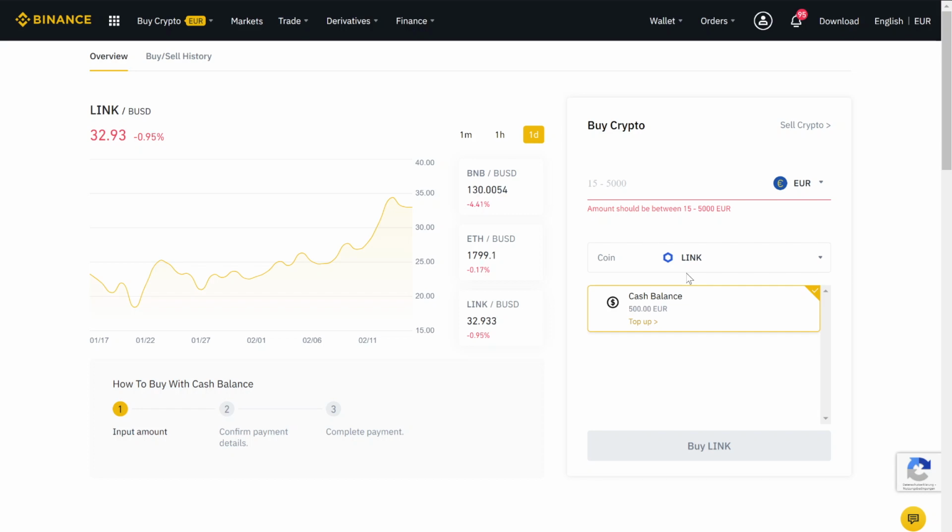Here I want to show you how to buy Chainlink very fast, simple and with low trading fees. This we will do on the crypto exchange Binance. Binance is the biggest crypto exchange in the world right now, and it also has the lowest trading fees of only